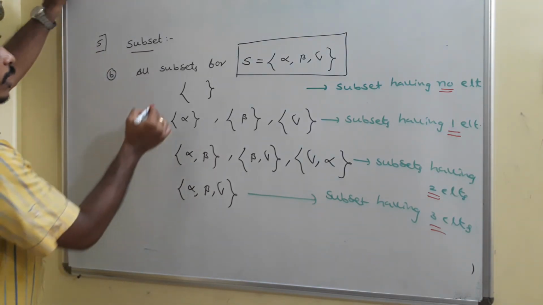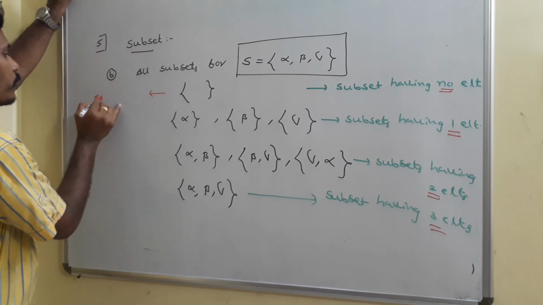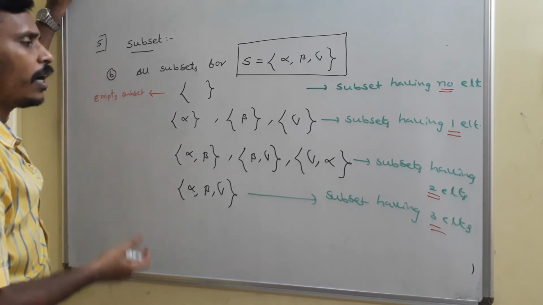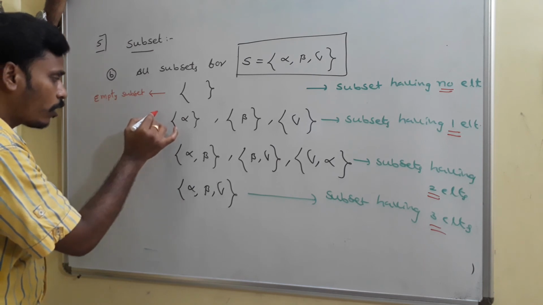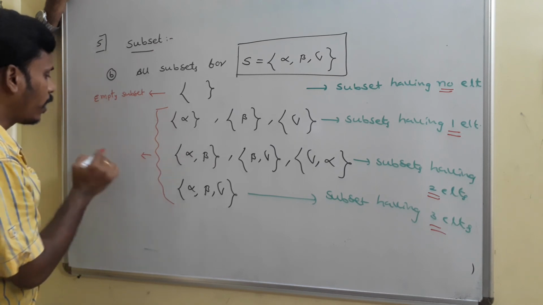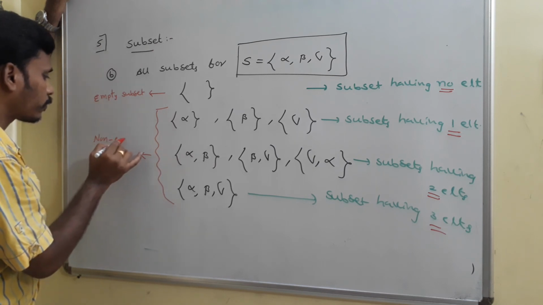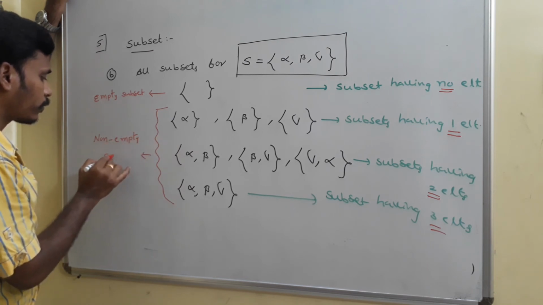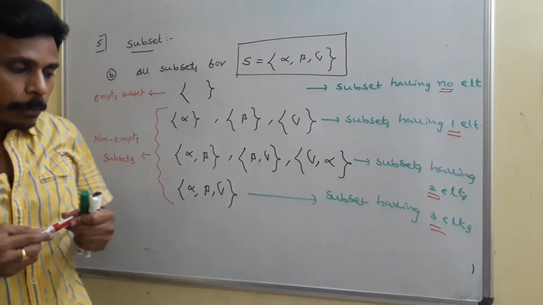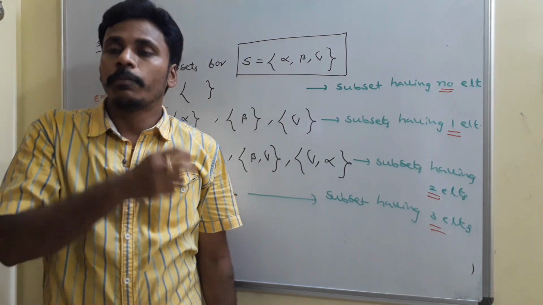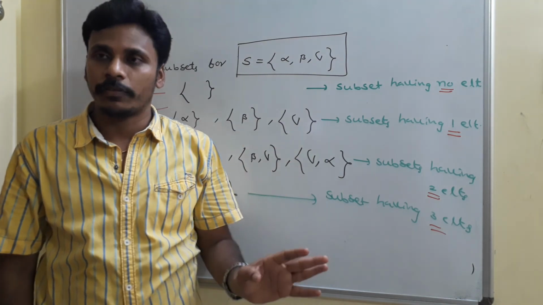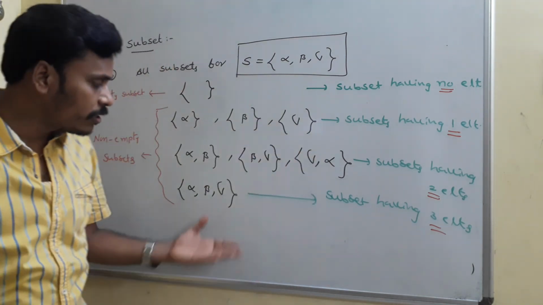Among all these subsets, this subset is called the empty subset. This is a subset clearly, and it is empty, and that's why we call it an empty subset. And if you observe all these other subsets, these are all mentioned as non-empty subsets. Empty subset and non-empty subsets. And one more thing is, subset usually must contain a few elements of the given set, and that is properly a subset. But if you say improperly, this is also a subset.